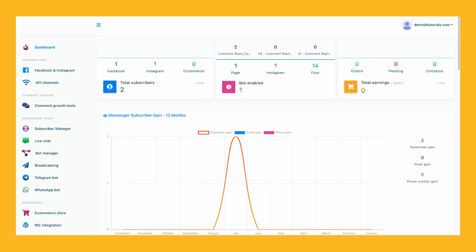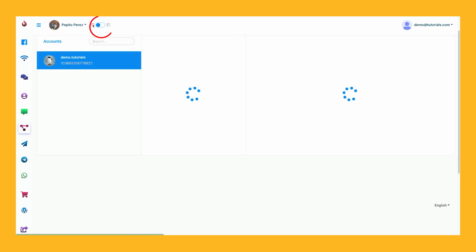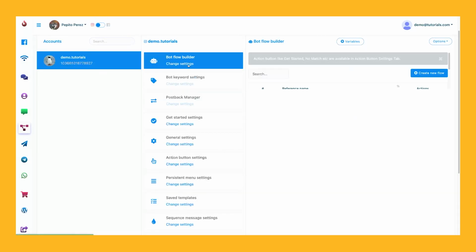Hi! In this video, I will show you how to program a multi-step chatbot for your Instagram DMs. Let's get started. First, go to the Bot Manager section in the left sidebar of your dashboard. Select Instagram on the upper switch, choose an account, and then click on Create New Flow to open the Flow